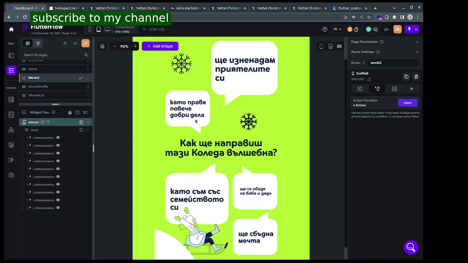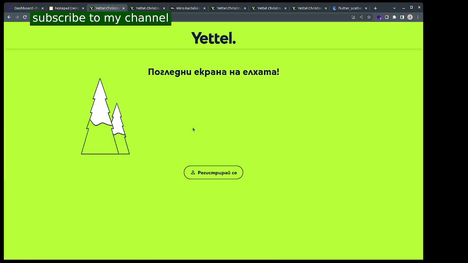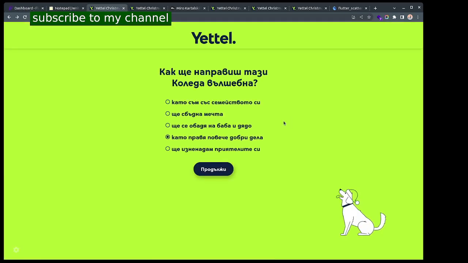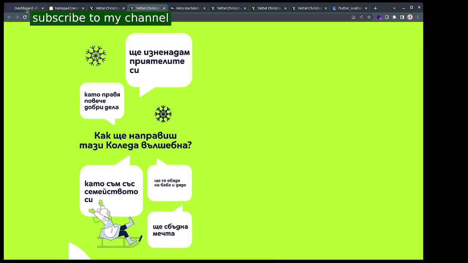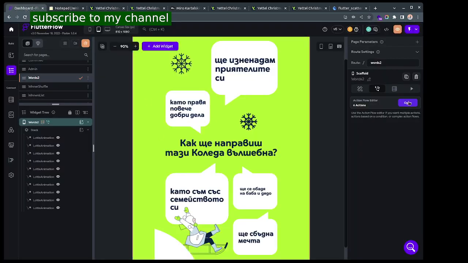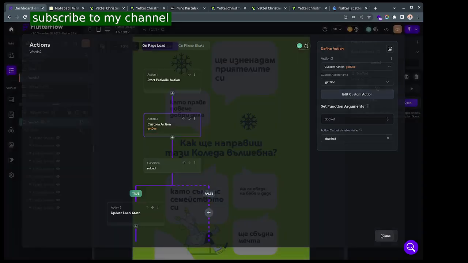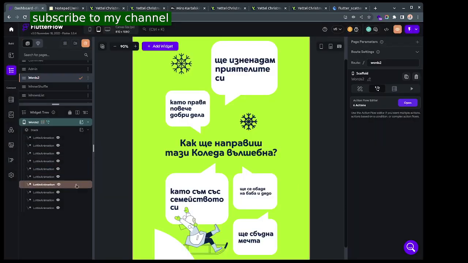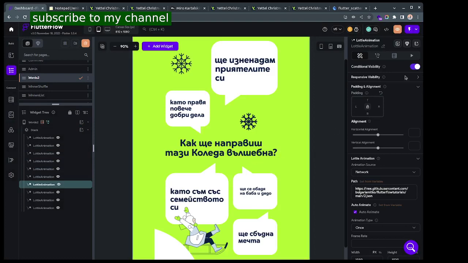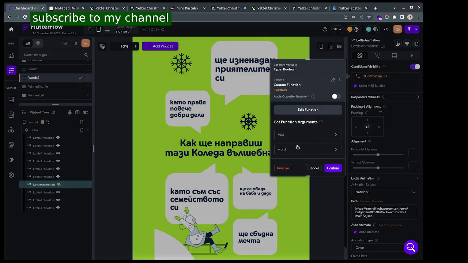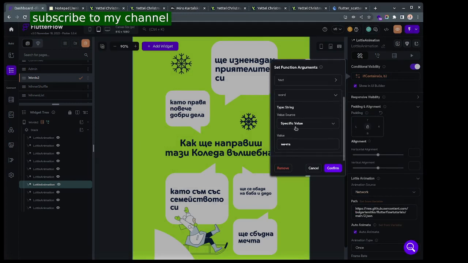With local state, this doesn't work, because local state is locked only to this page, and if this page doesn't change, which in our case it does with the onload action, then you cannot use the local state. You have to use Firebase in order to do that. But because the page already changed and the local state updated, that's why I'm able to use the local state